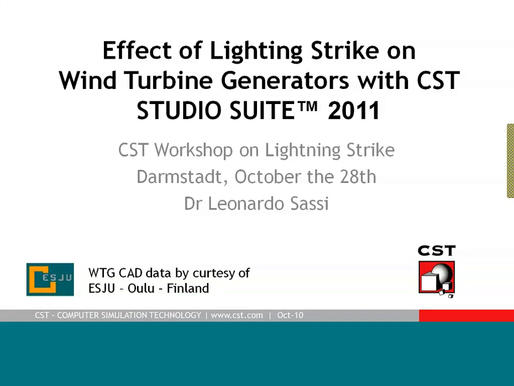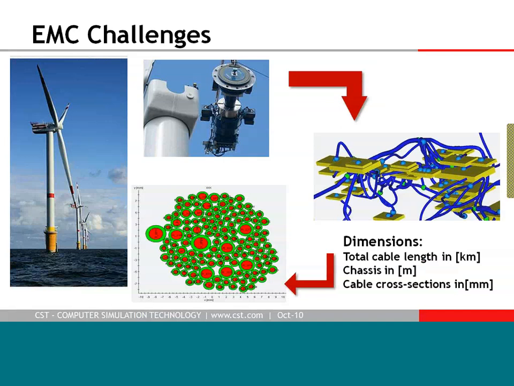Wind turbine generators are now quite common on highways, and they are even placed on the sea. It's an EMC problem when they are hit by a lightning strike: we have a quite large platform with very small details to be resolved. Kilometers of cables inside, and